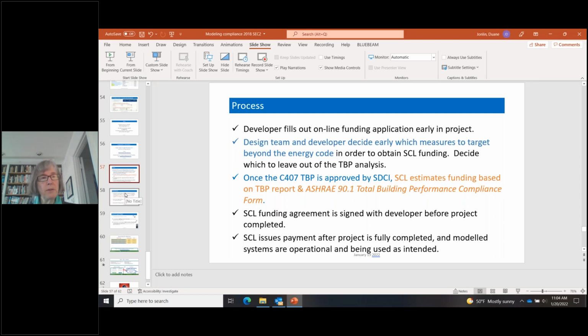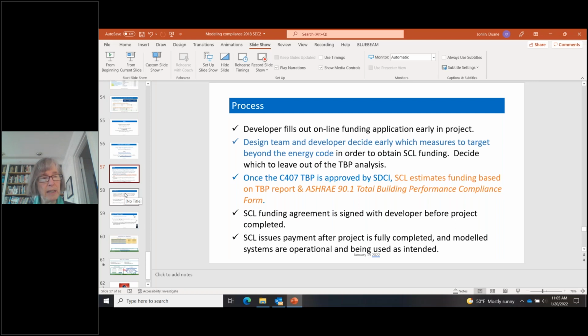But another way to do it is to just put all of the measures that you're allowed by SDCI to put into the total building performance, and then see how far it goes beyond. And the modeler may want, for the purpose of internal discussion with the design team, to do a few runs to figure out how far they're likely to get beyond code and by what means,